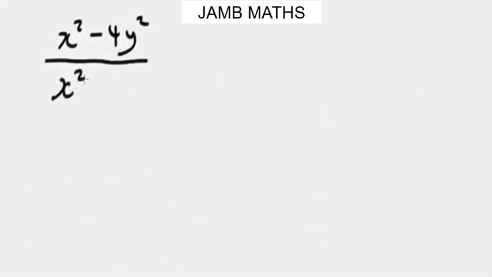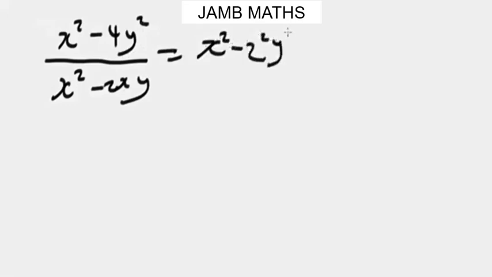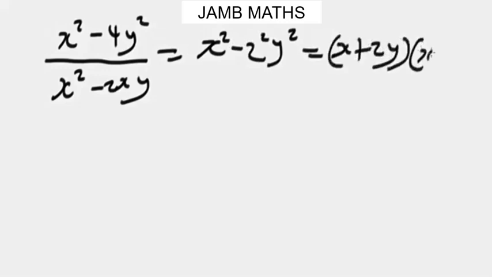Let's wipe this. Okay, now what if you have something like this? We have x to the power 2 minus 4y squared, all over x squared minus 2xy. We have to simplify this algebraic fraction. Now the numerator, we are going to apply the difference of two squares technique to it. Another way you can express this is x squared minus 2 squared y squared, which is now x plus 2y times x minus 2y, all over